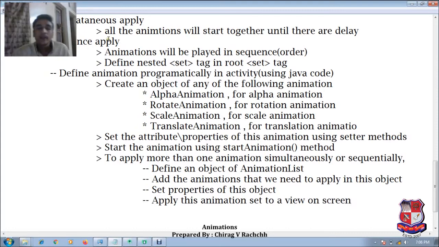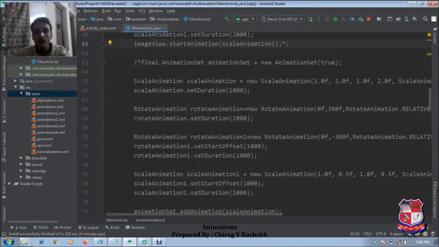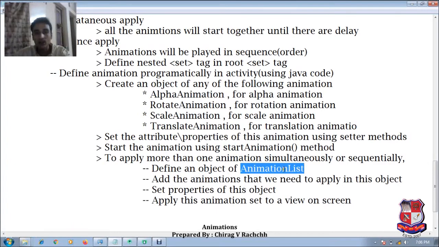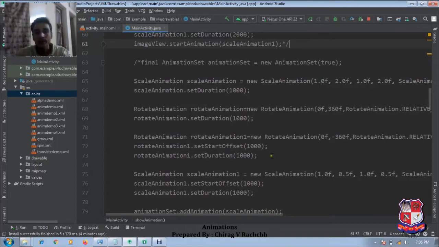So if we want to perform animations in sequence or simultaneously, there is one class available for programmatically applying this animation list. Sorry, it is not a list, it is AnimationSet.